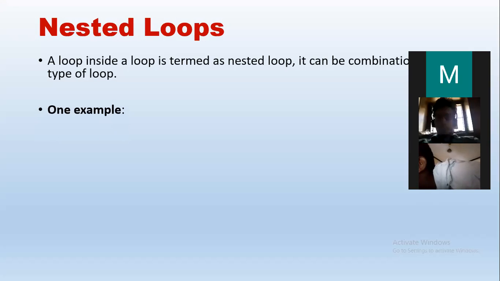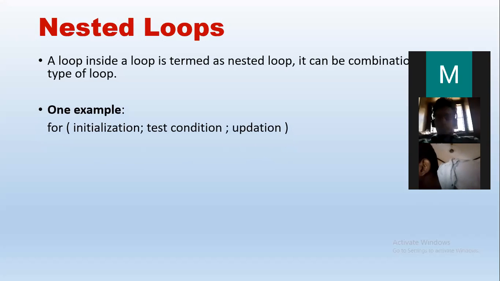Here we have discussed one example, that is two for loops. We have one for loop, as we see. This is one for loop with the syntax we know. There are three parts: initialization, condition, and updation. If we just have one for loop, we will have the curly braces open, and inside that we will have some body of the loop which will execute multiple times, and then close the loop. This is one single for loop.